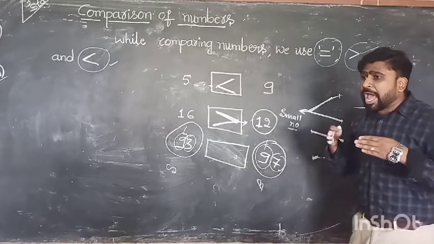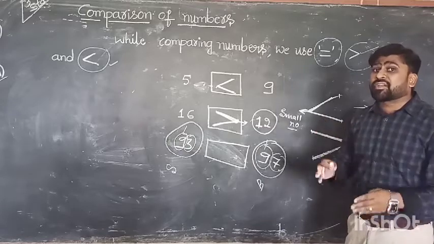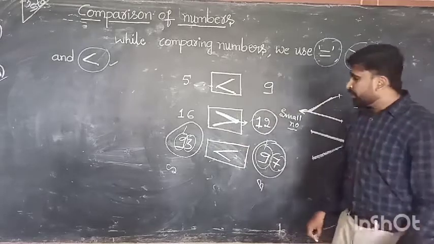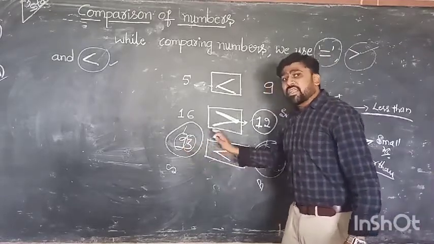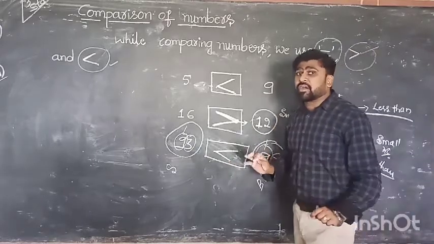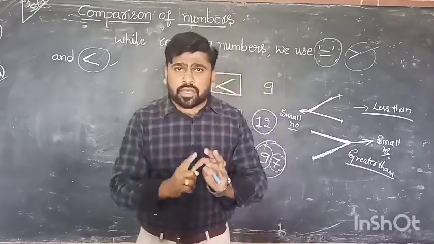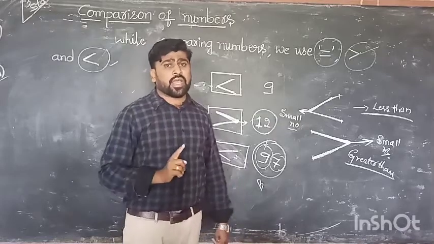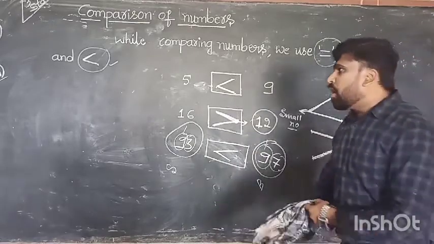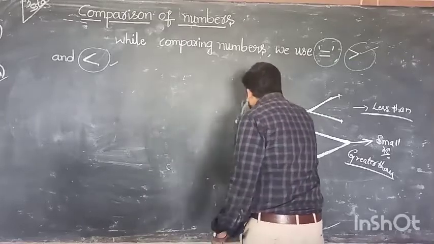Now what is the arrow mark? It is towards the small number. Ali arrow mark 93 kade barbeku. That means this is the answer. Understood? That means 93 is less than 97. Clear? Like that, we have to use the 3 symbols. One is equals to, greater than, another one is lesser than. Understood? Now, I will give some idea of how to identify the small number and big number.